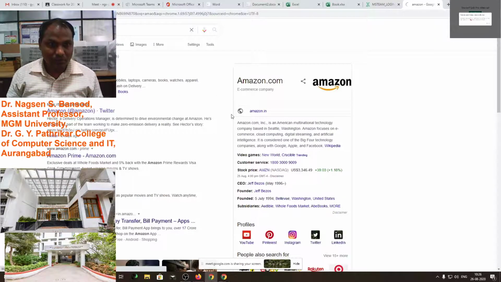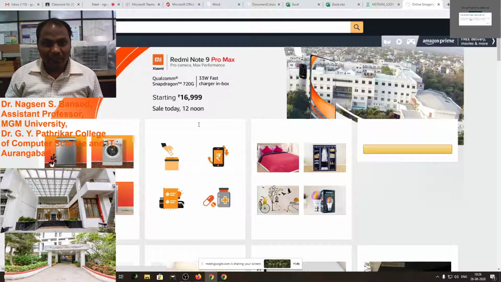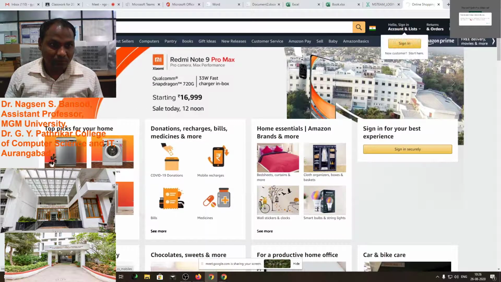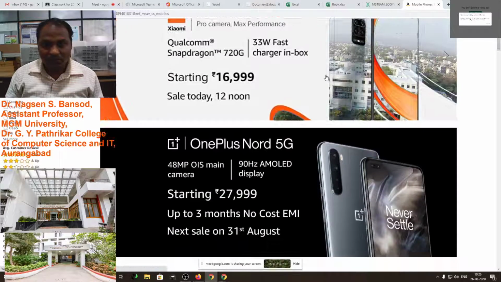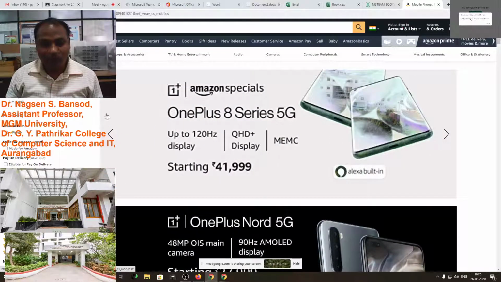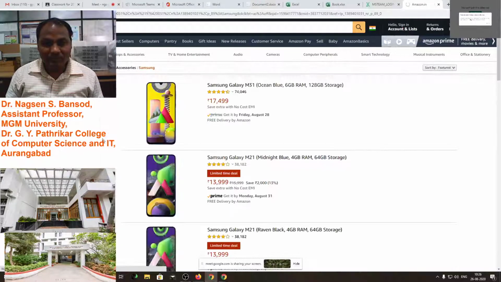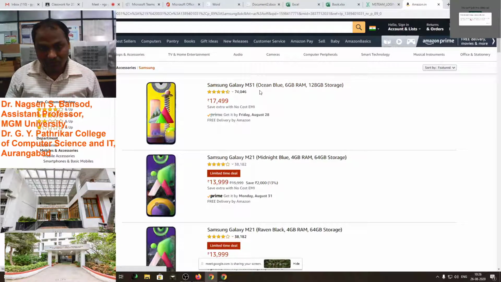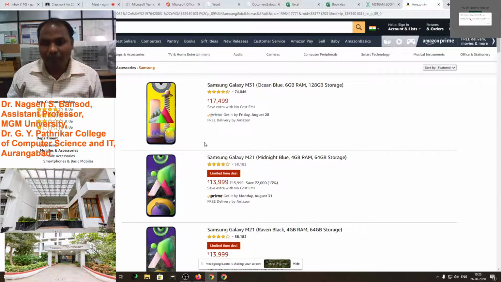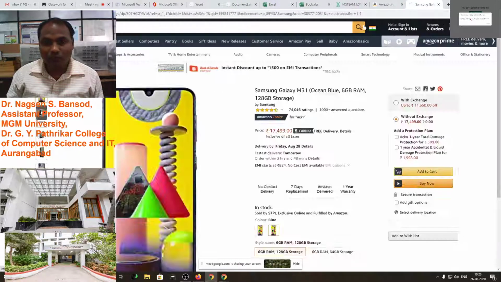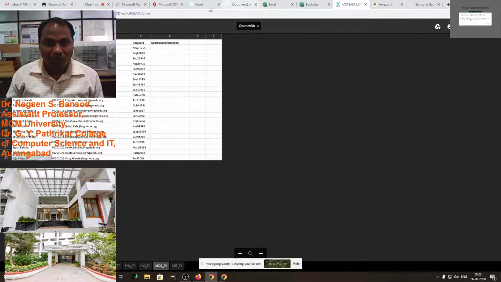Now you see, we can see the products, and this is helpful to the employee as well as the customer. This information is stored in the web-based management support system. This is the web-based management support system, so we are able to visualize.